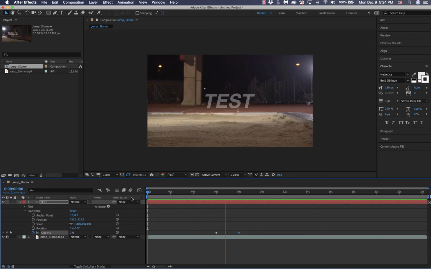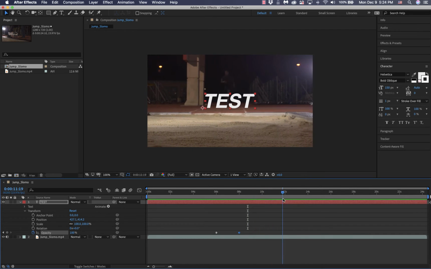And once again, that's how you get it to fade in. And maybe if I wanted to fade out right before the guy comes and jumps, it looks like he's going to reach here at about the 14-second mark or thereabouts. So if I want the text to fade out before he takes a jump, I'm going to hit the